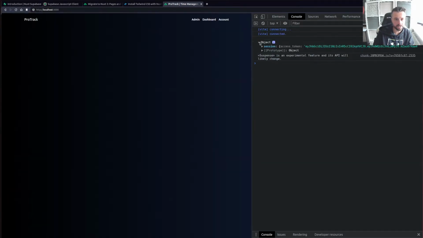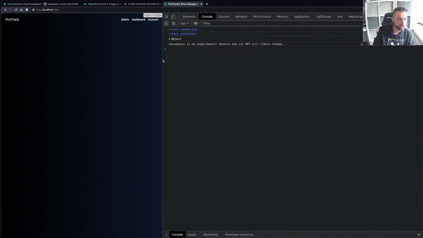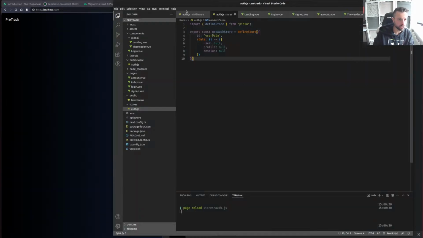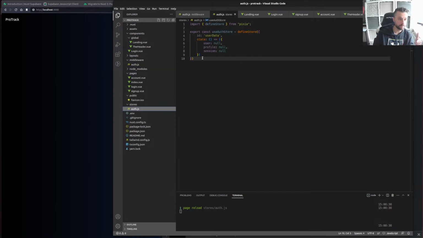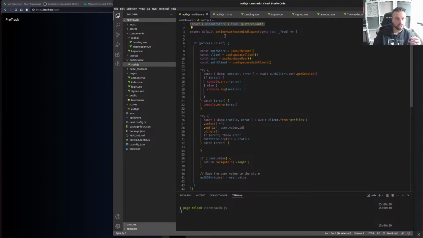And here's, yeah, that's the session object. So that was in, just referring back to my auth. So in this one here, this is sort of the finished article, if you like. So what I'm doing here is I'm importing my store, stores auth. I'm importing that for Pinia, and then I'm running my scripts client side,